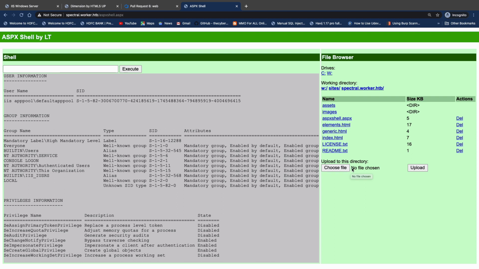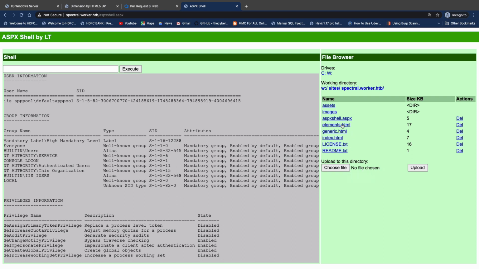So there are varieties of methods in order to get the reverse connection. The first one, I will first enumerate this particular file browser, like the C and W drive, to check if I can find any useful information. Otherwise, straightforward, what I can do here is upload the nc.exe file to that server and then try to get a reverse connection. This you can also do using this uploader directory, and you can easily use the command locate nc.exe in the Kali machine, and upload it here directly. You know how to do this, so I'm not repeating this part.